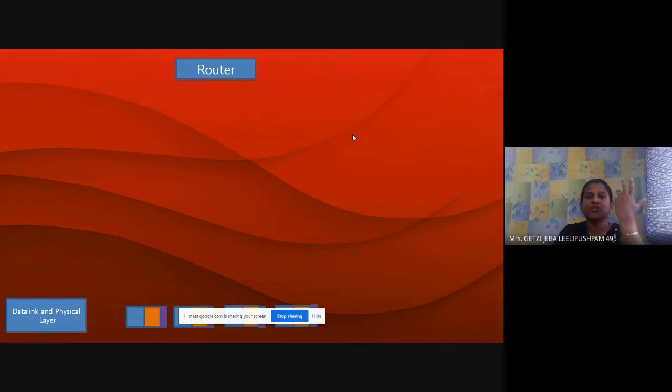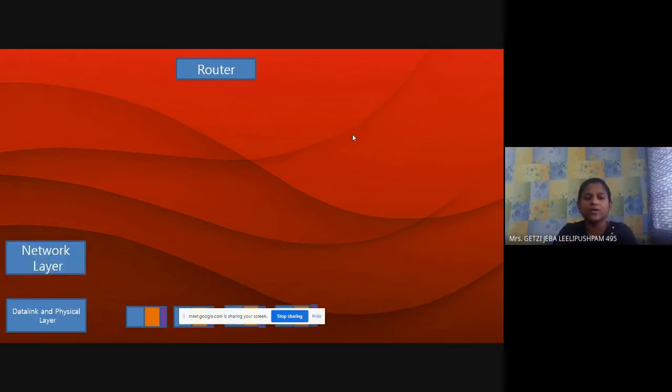That is the main function of a router. Every router should check the packet and ask, hey, where should you go? The router should inquire about the destination, and then based on the destination, it should check the map and tell the packet: you go this way, you go right, you go left, you go to this interface, you go to this interface. That is the primary purpose of a router.